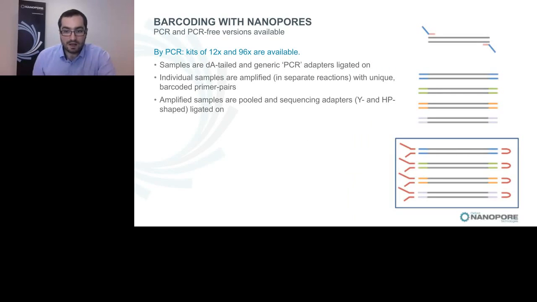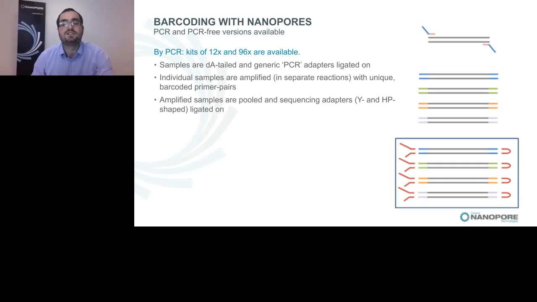So I want to talk now a little bit about barcoding. Our barcoding kit allows users to pool and sequence multiple amplicons or small genomes in a single sequencing run, and this makes more efficient use of the sequencing power of the flow cell. In the first version of the kit,